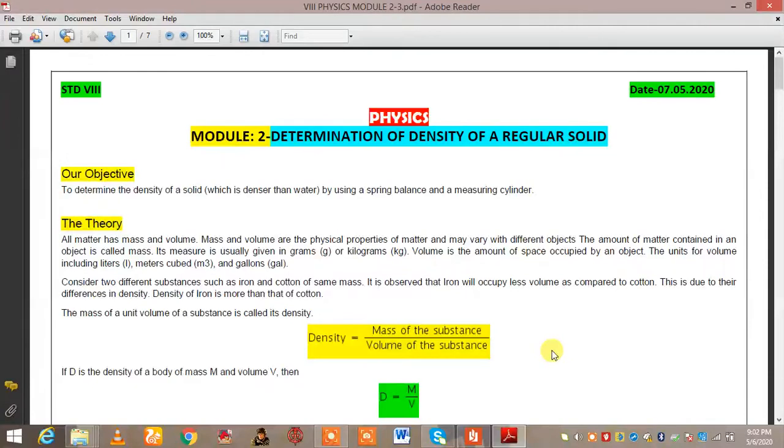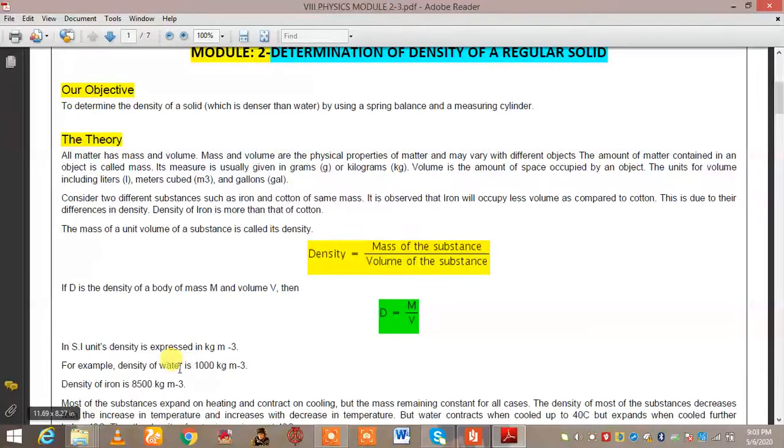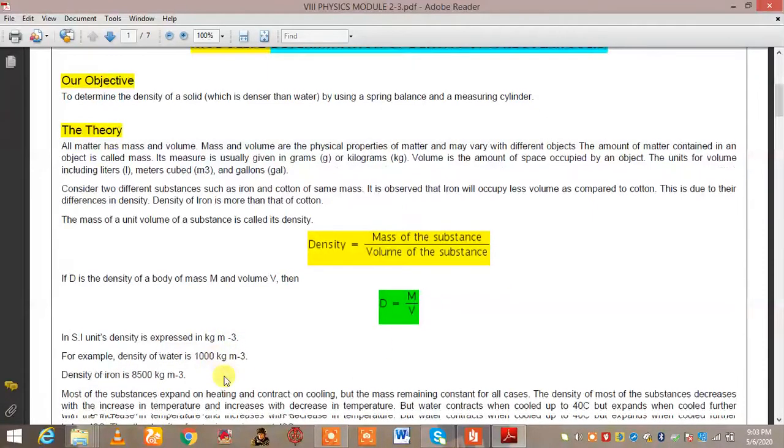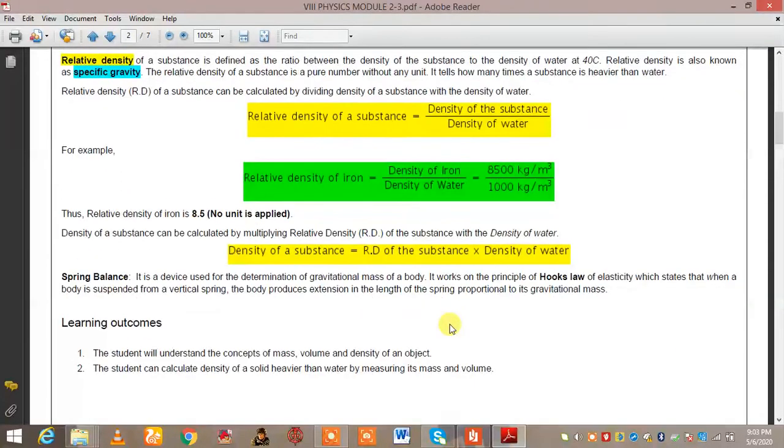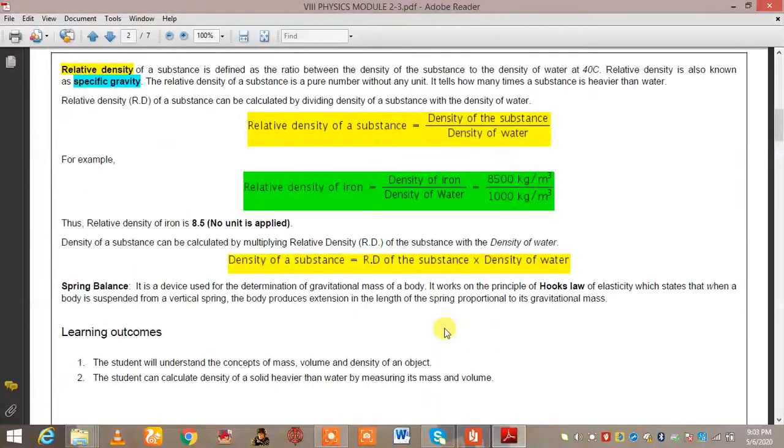But what about when we need to calculate the density of a regular solid? If it is solid, then how do we calculate density? Then we use the water displacement method, which we are going to discuss today, and other things also, like relative density. After this, density, we know the SI unit is kg per meter cube. In CGS, it is gram per centimeter cube. Now, let's start with relative density.